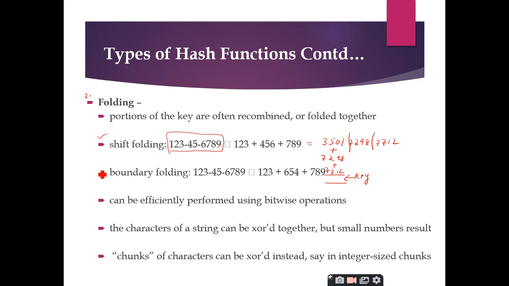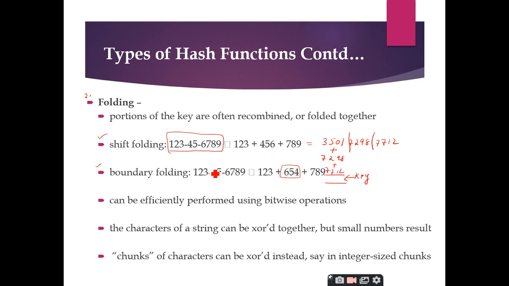And similarly, there is another variant of this folding which is called boundary folding, where the first part remains the same. That means you need to divide the given number into equal parts, but you will be folding the boundaries, right? That means you will keep the boundaries as they are, but you will interchange the middle part.